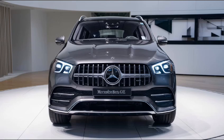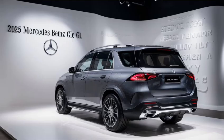The optional off-road package equips the SUV with additional features like underbody protection and off-road driving modes, making it capable of tackling rough terrain when